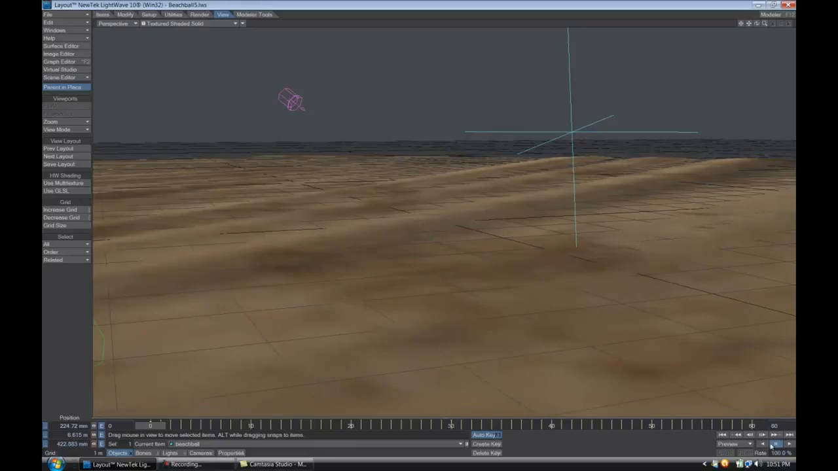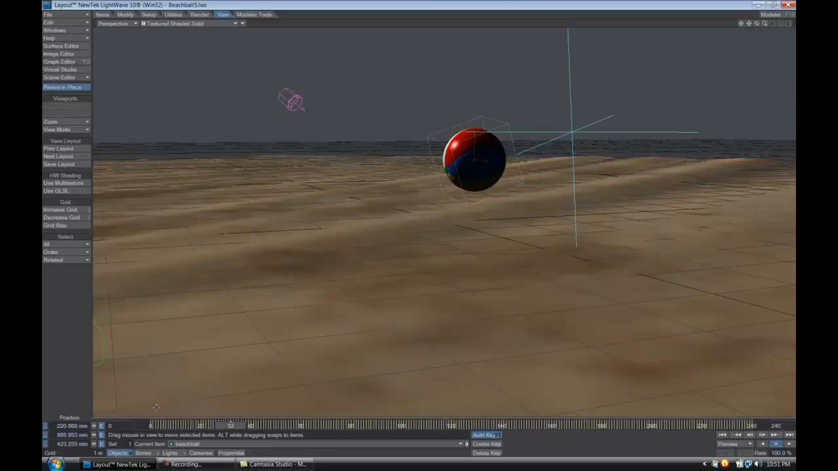and let's push play, and you notice it ends at frame 60. Just go to the timeline down here in LightWave and type 240 there, and it'll expand it out, and you can see the key